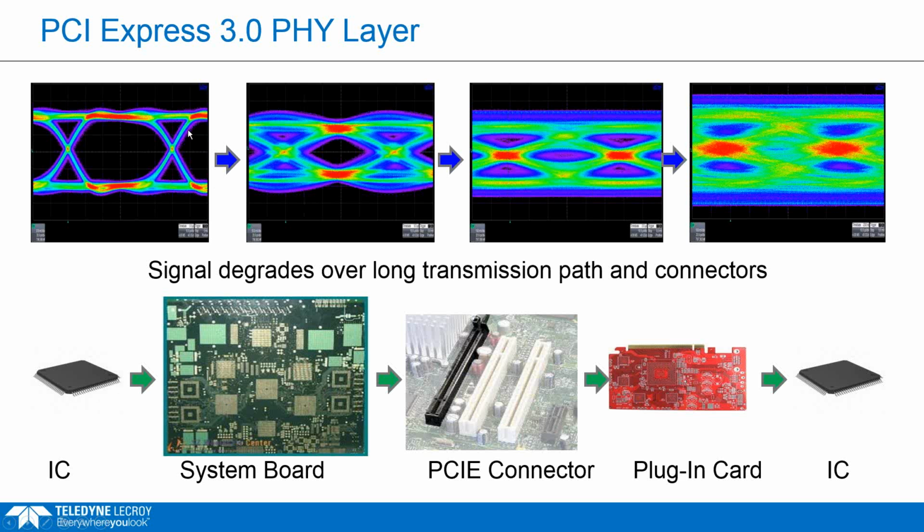So I'm showing a representation of that up here with these eye diagrams. The signal coming off of the transmitter initially is a nice open eye, very clean, low jitter, low noise signal. And then as it propagates through this transmission path, the eye starts to close, the signal gets degraded. And typically for PCIe 3, at the receiver we have a closed eye. And if you tried to have a receiver sample that closed eye, you'd get a large number of bit errors.